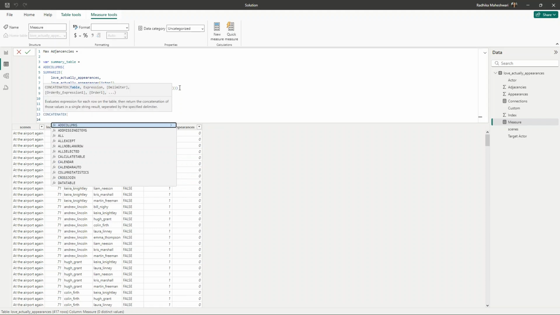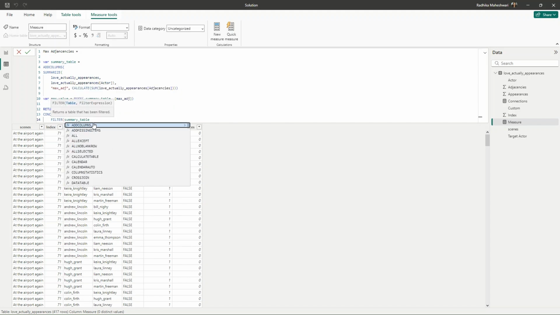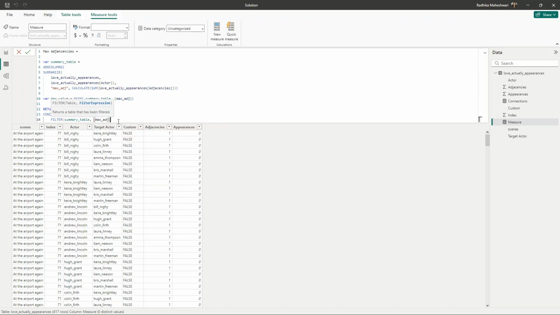The table that I'm going to give is the summary table. But we need to filter this, so I will add a filter. From the summary table, I only want those rows where the max adjacencies count is equal to the max value that we have figured out from this variable. Now I will close off this bracket.